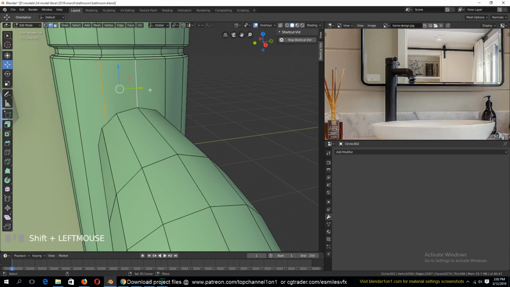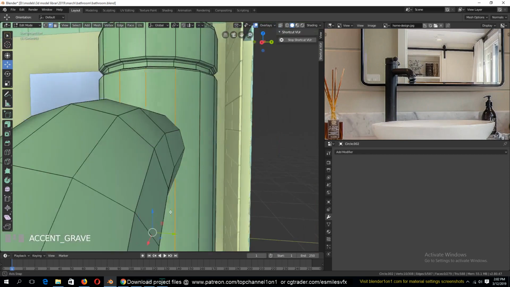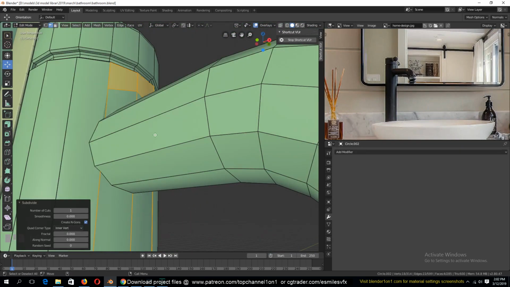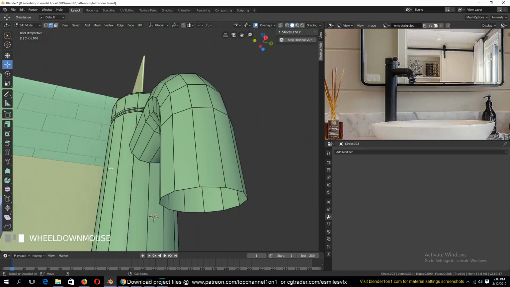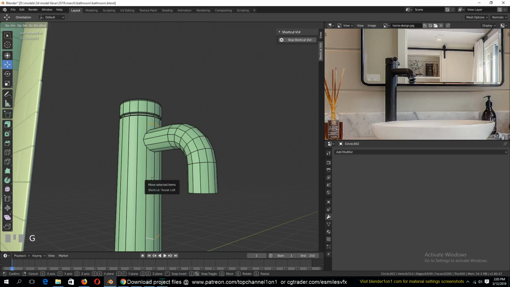So if I select this, and this and this, okay, this is this and this, add a loop cut, and this needs to be pushed